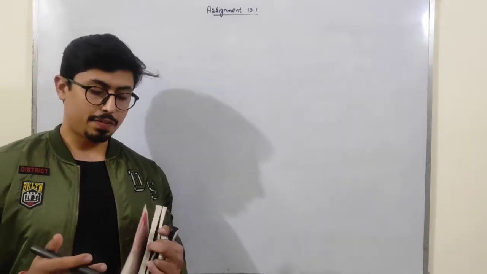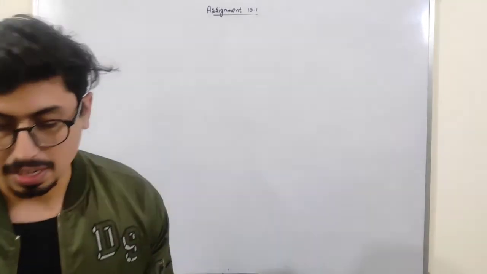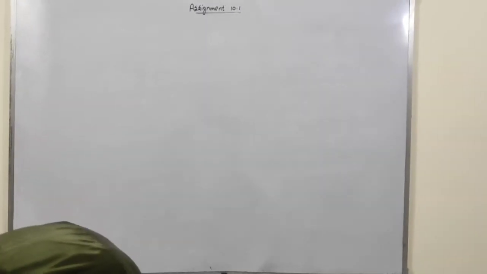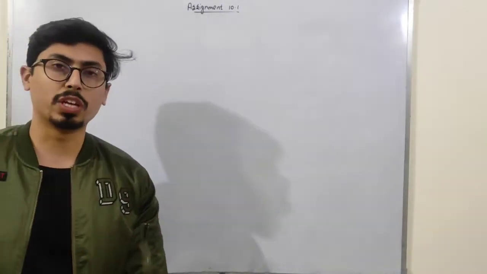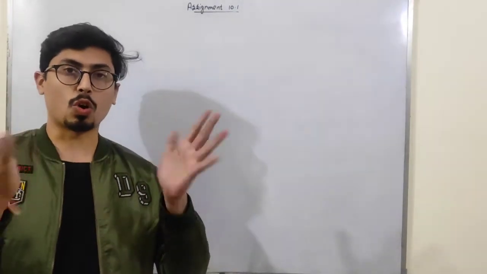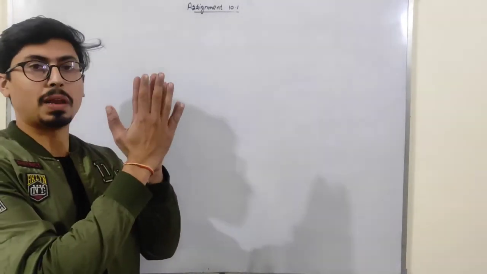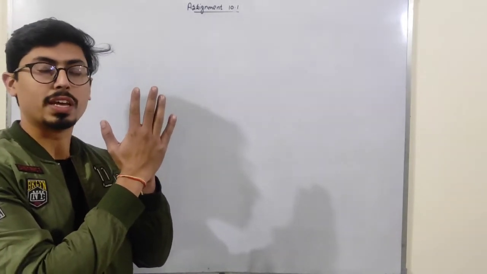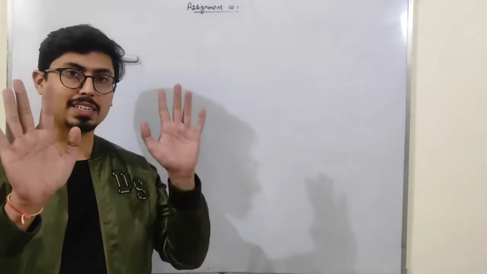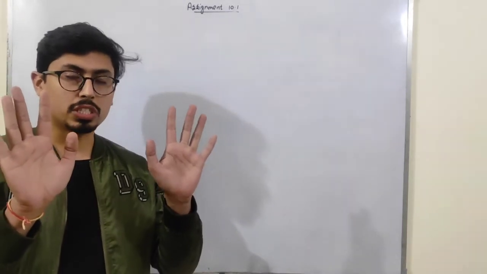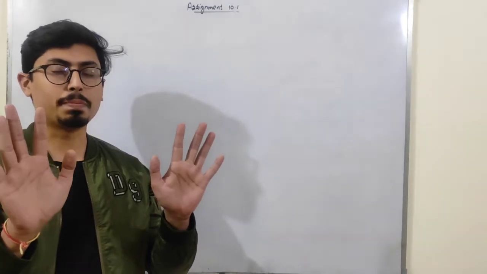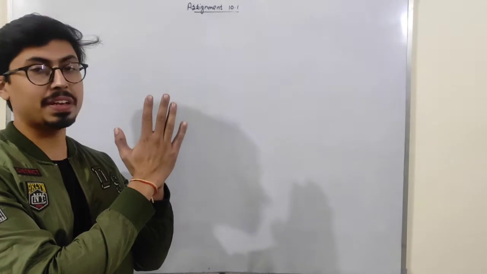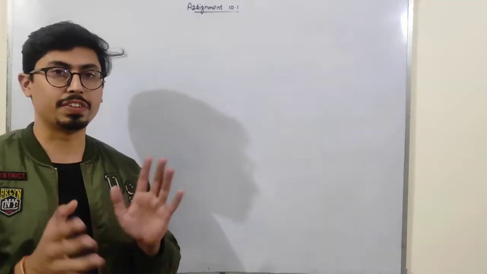Like, see, if I take both my hands, they are congruent because if I place them like this, they overlap each other. That means these two hands of mine are of the same shape and structure. If I put them on each other, they are overlapping each other. So these are two congruent figures.